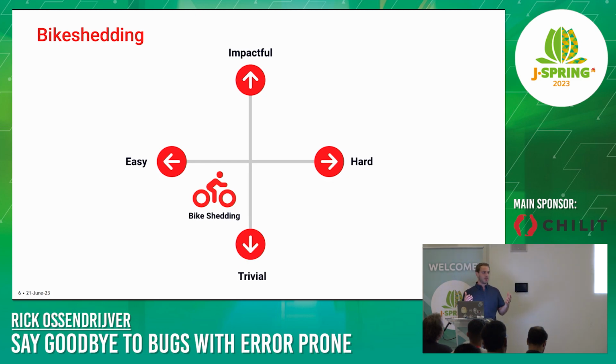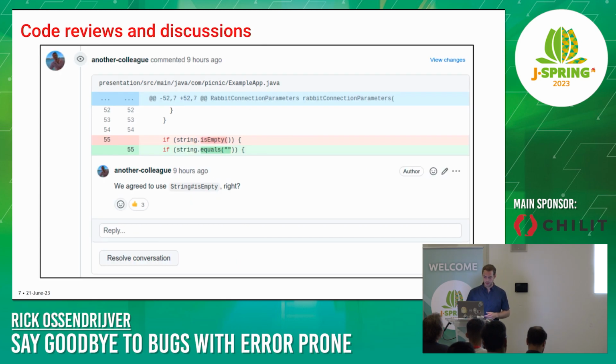And let me give you an example of bike shedding in a pull request. So let's say someone wrote some code, there is a method being changed from method A to method B, while both methods actually do the same thing. In this case, it's the string.isEmpty is rewritten to the string.equals with an empty string. Well, they both do exactly the same thing, and another colleague comes in and says, hey, I thought we agreed on using method A instead of using method B. Well, there are 3 upvotes on this comment, so this can easily trigger a whole new discussion in this pull